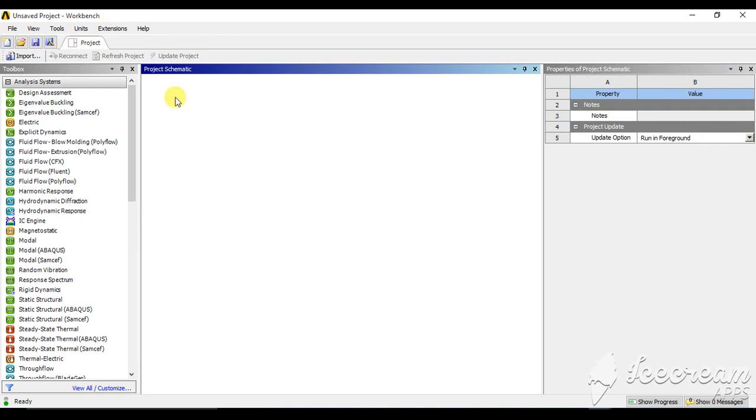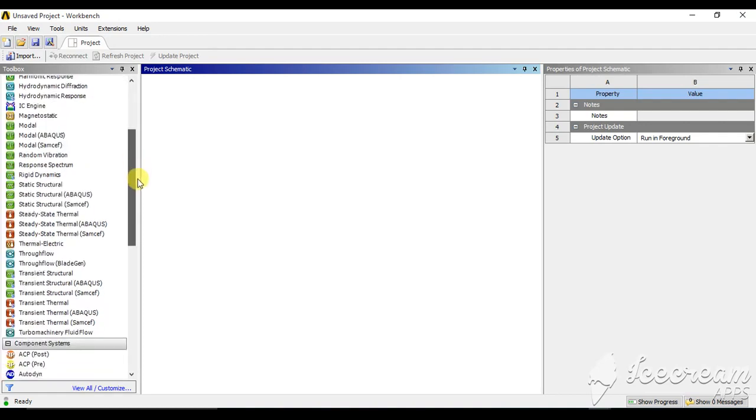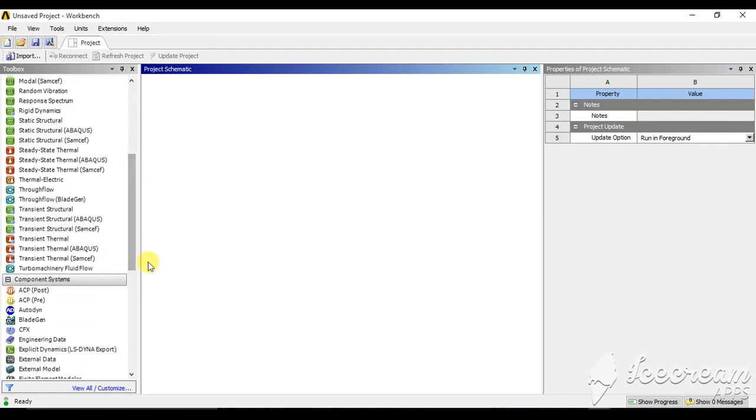ANSYS has a separate dedicated module for the analysis of composite material. When we go for that, we will see the ACP module in the component system. Just click and drag it.